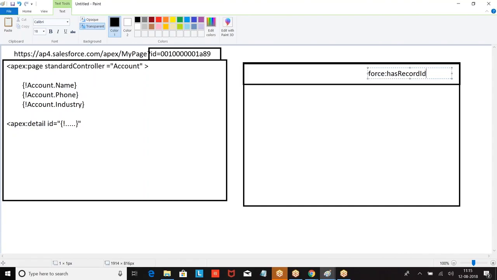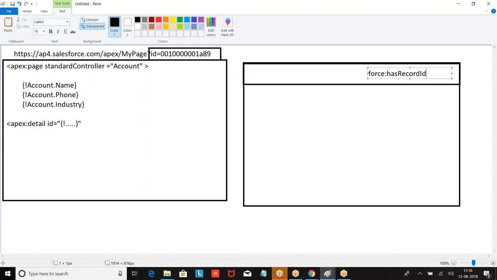Okay. Next, second point. Now, have you seen the concept of extensions? What is the concept of extension? If I want to override any one of the buttons in the objects, like a save button, cancel button, edit button, then what will you do? The object on which you are trying to override is defined as a standard controller, and we define an extension. Then only I can override it.